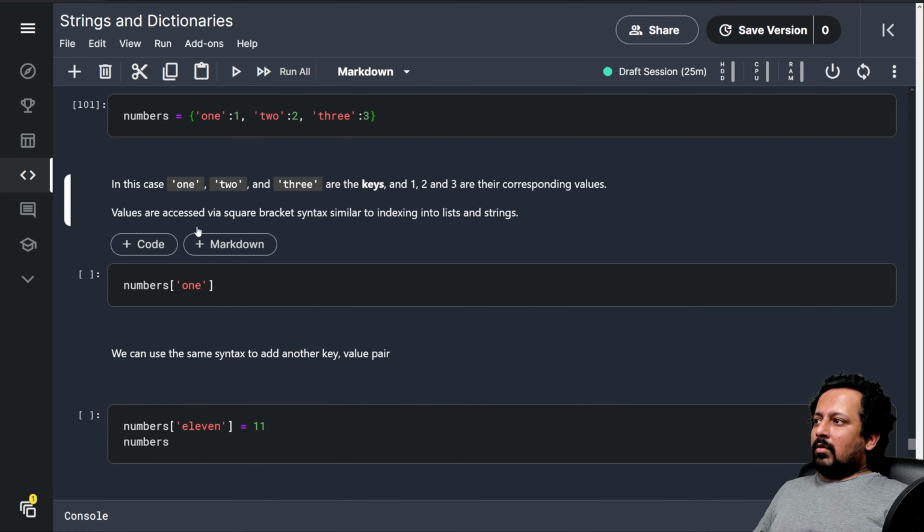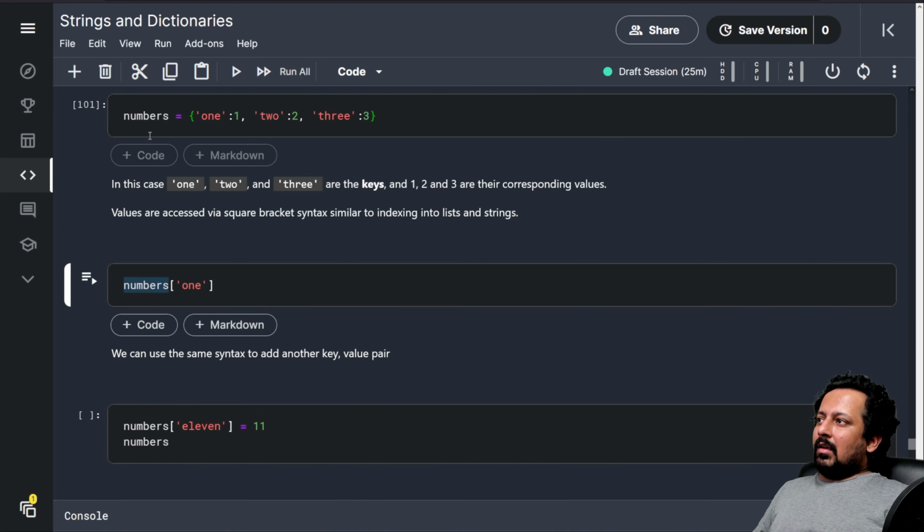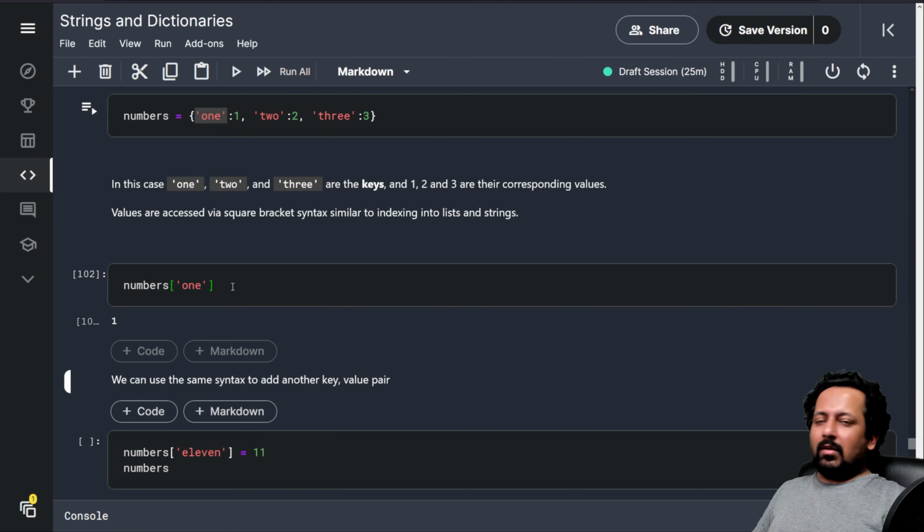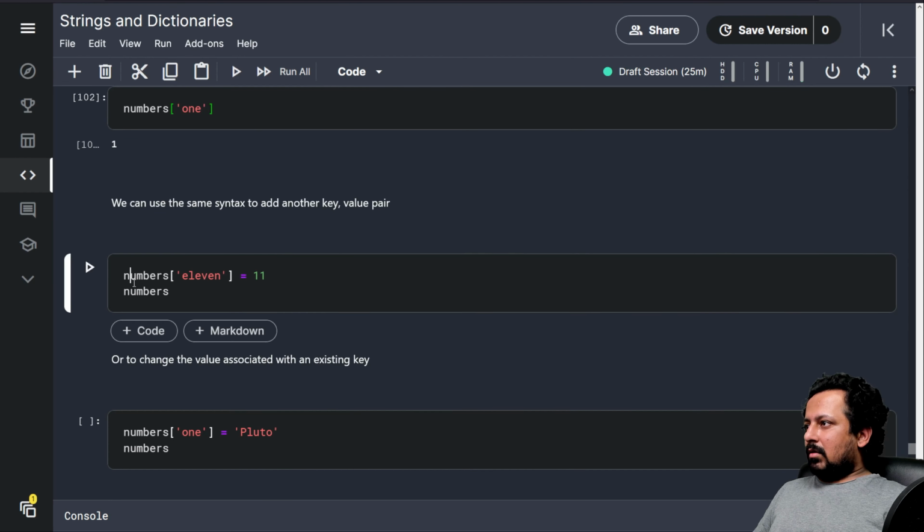How do you access this? If I declare the dictionary numbers, and then since the key is a string here, I say 1, it will print me the digit 1, the int.